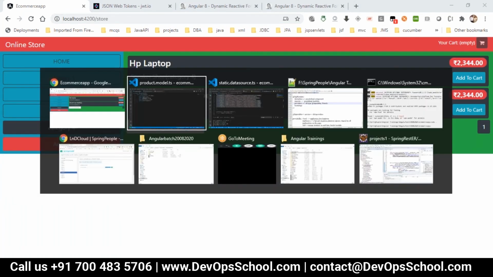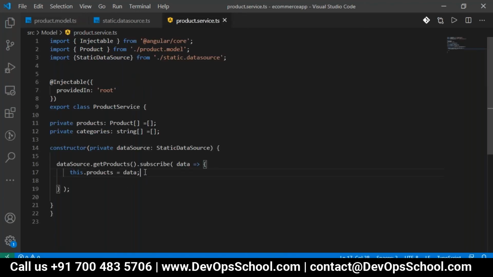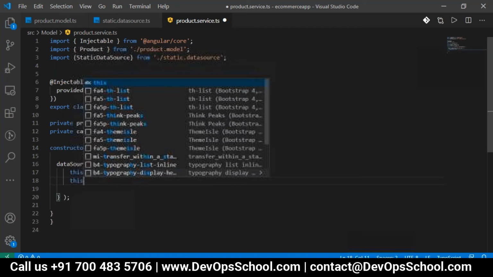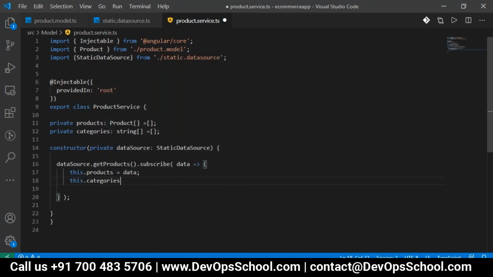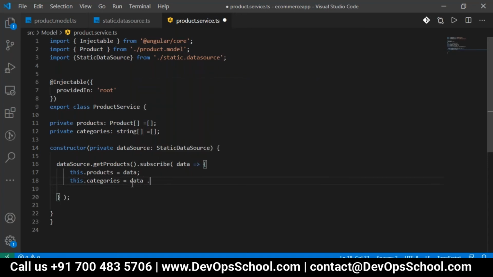So for this, I want to filter the items based on the categories. Inside of this, we'll use this.categories. And how will you get it? All the data is available in the data. In that, I want to get only categories.